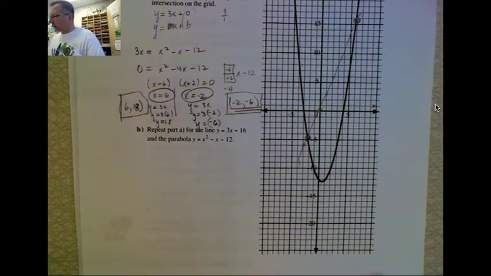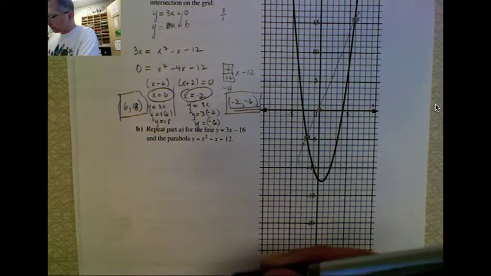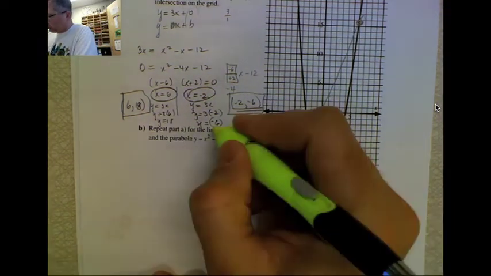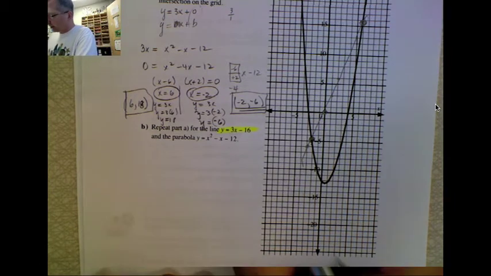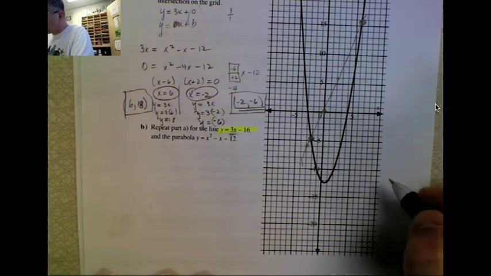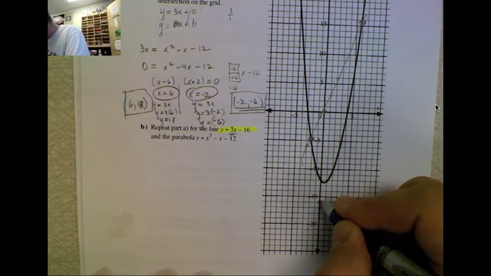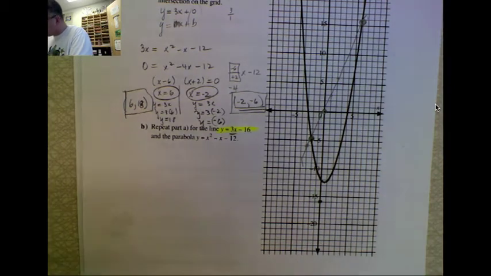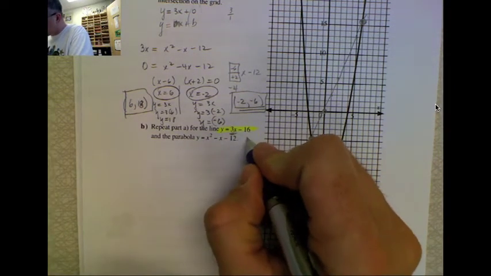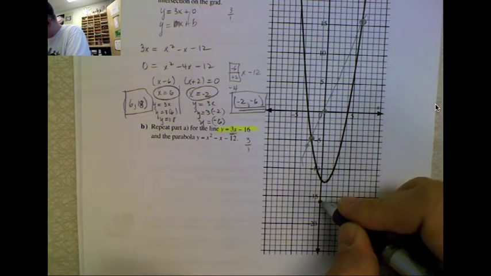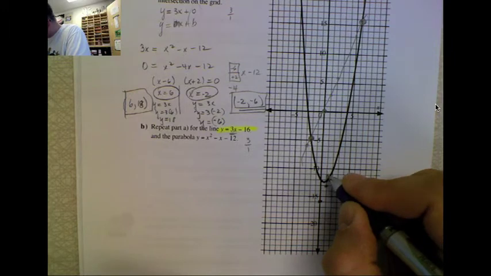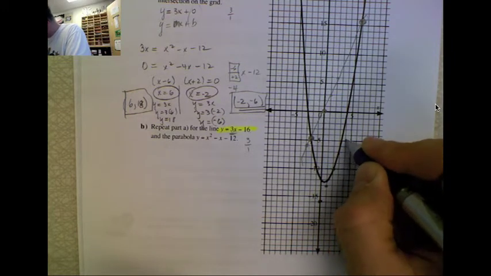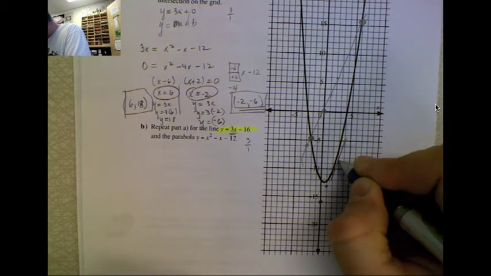Okay, so now we're going to look at a different line. We're going to look at this line, y equals 3x minus 16. So it still has a slope of 3, but it has a y-intercept at negative 16. So here's negative 16. And if I take my slope, which is 3 over 1, I go 1, 2, 3 up, and 1 over, 1, 2, 3 up, and 1 over. What you're going to notice is